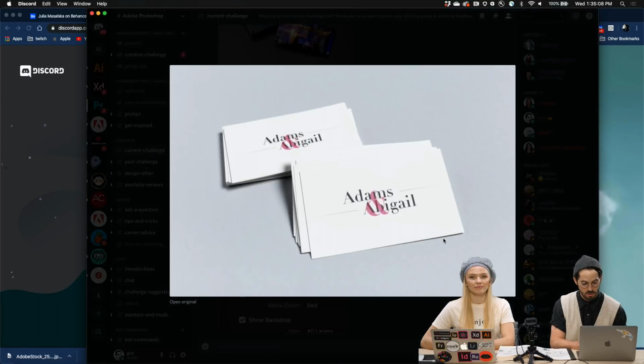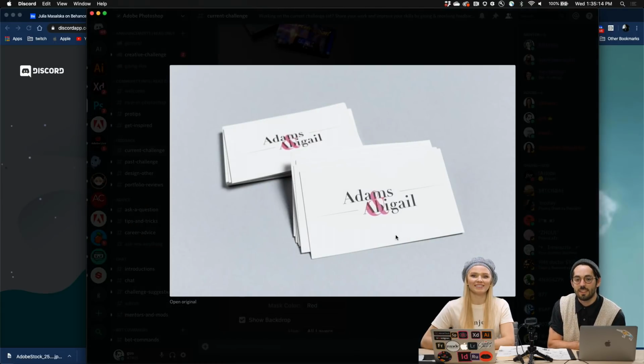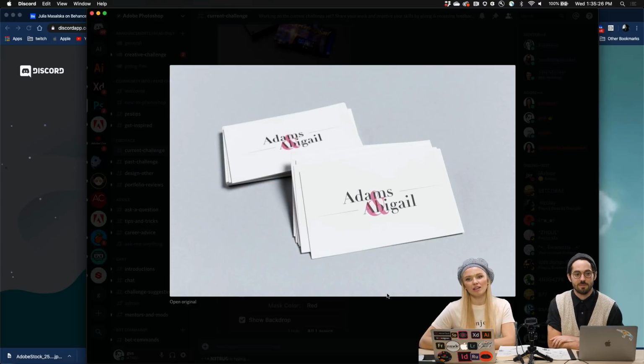This is a business card designed by Netbug. Adams and Abigail. Feel free to give some feedback. I'll chime in when I can, but I think I'm going to lean on your expertise for these ones. I think it's a great color combination. It seems like a very elegant business concept.